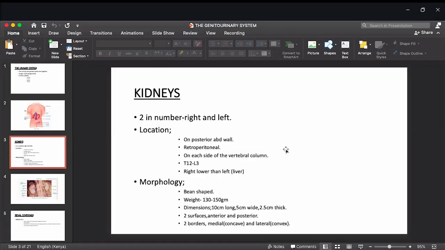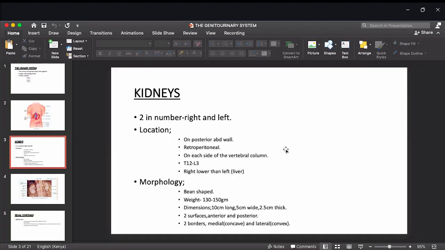So basically, the kidneys are normally two in number, the right and the left. They are known to be retroperitoneal. During our anatomy of the abdomen, we talked of organs that are retroperitoneal, and kidneys are also one of the retroperitoneal organs. Mostly they are located on the posterior abdominal wall on each side of the vertebral column at the level of T12 to L3. The morphology of the kidney, as we all know,